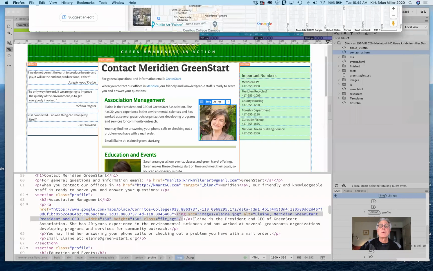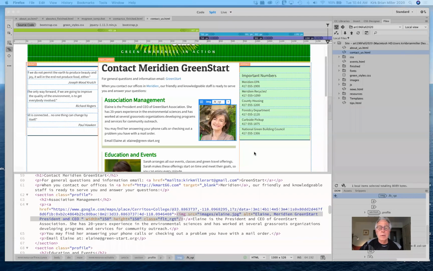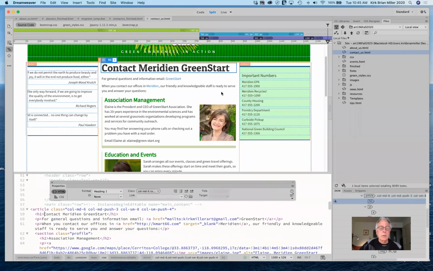Okay, so that's to an external link that we have going here. So the next thing we want to do is create anchor tags, which are links to within a single page. So anytime you see a link that says go to the top or go to the bottom or go to a specific area in a page,